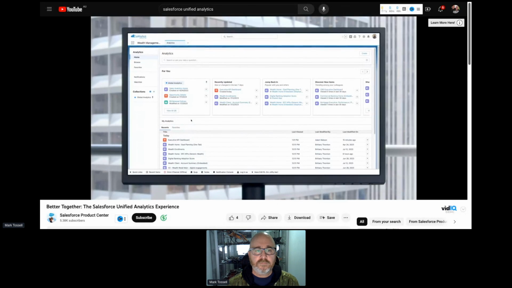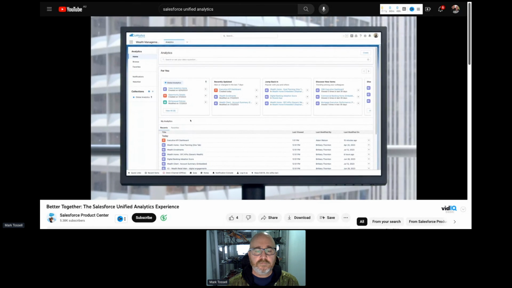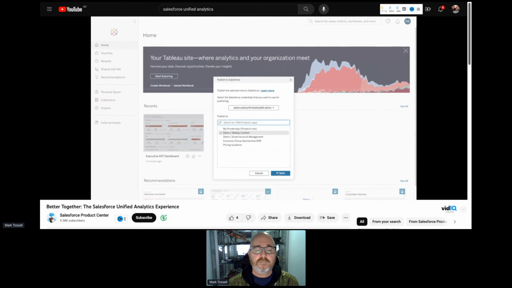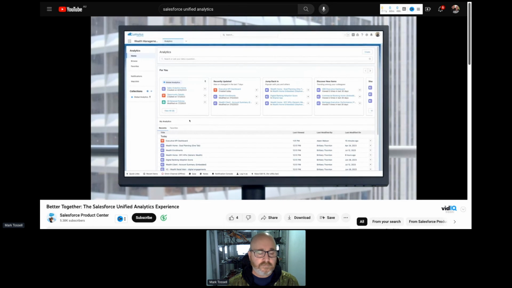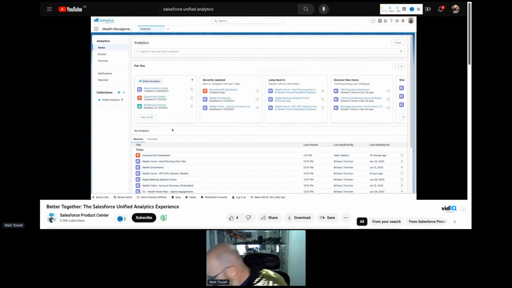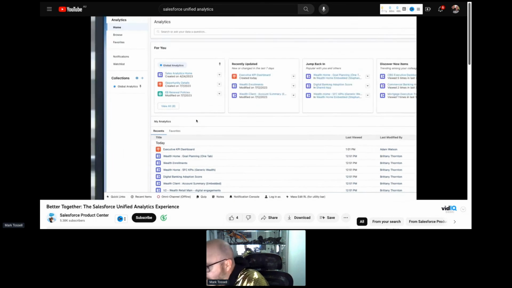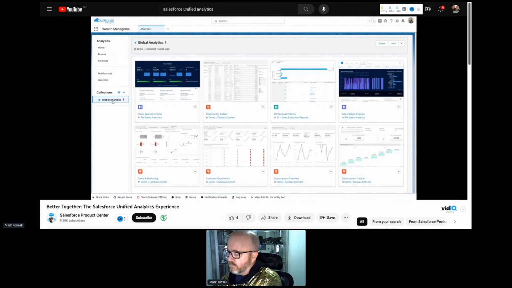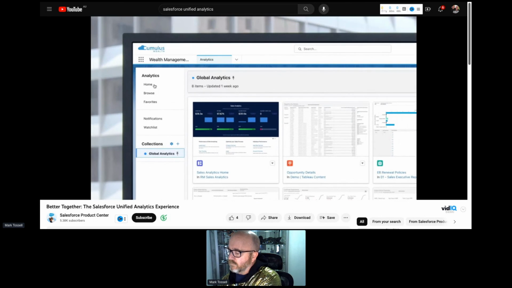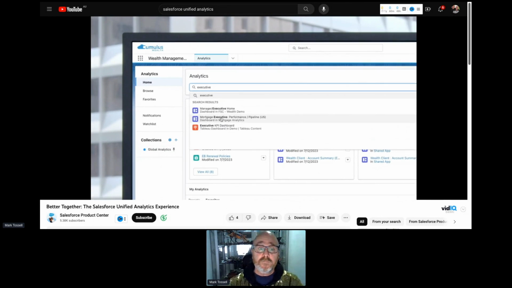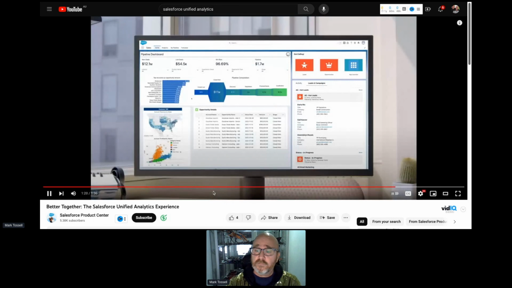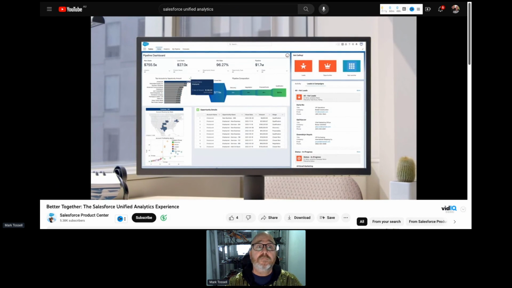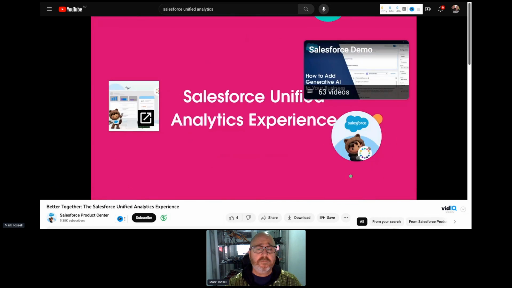Analytics Home is the centralized hub for all of your assets. Now Tableau dashboards can be published, so you can access CRM Analytics, reports and dashboards, and Tableau assets in a single place. You can organize them into favorites or create collections of related assets and easily search for the content you need. Whether centralized in Analytics Home or infused directly into the flow of work in Salesforce, providing a unified